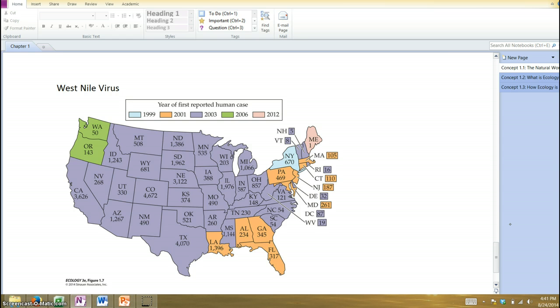You've probably heard of West Nile virus. It was brought to this country and is transmitted by mosquitoes. And you can see it first arrived back in 1999 in New York, and it has spread throughout the country. Only recently, as you can see, getting up into Maine, it was the last state to be impacted by this, for most people, a relatively benign disease, but in some folks, it can cause a problem. And obviously, it causes a problem in birds because it can kill them.